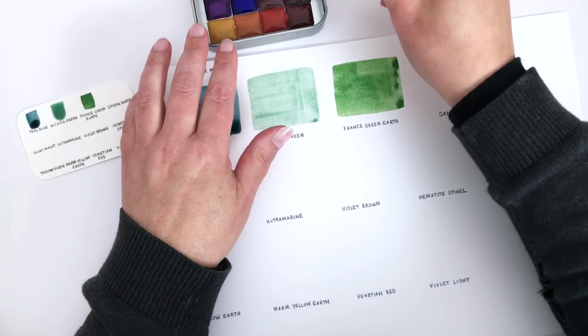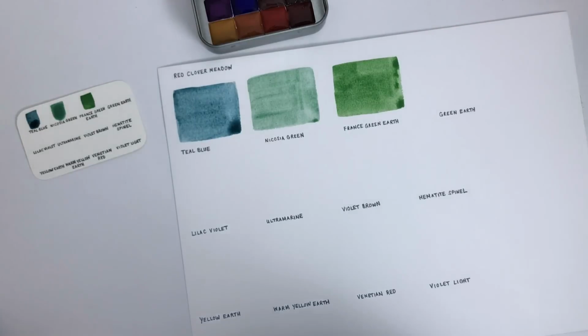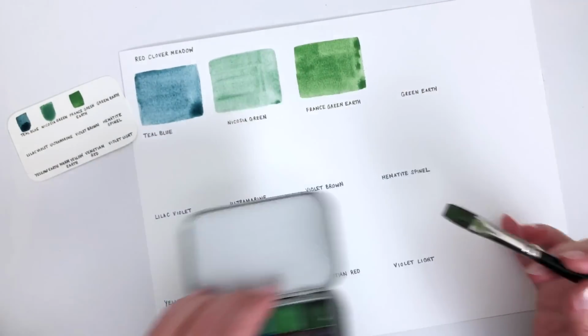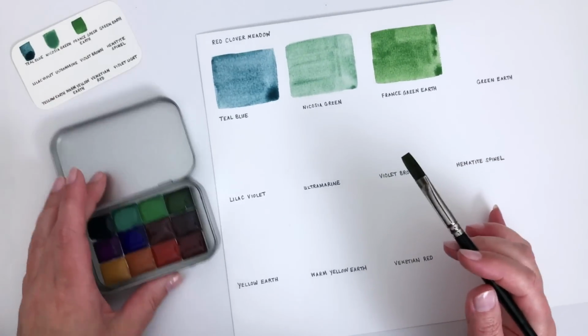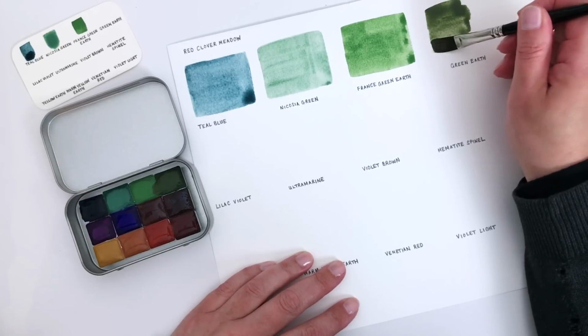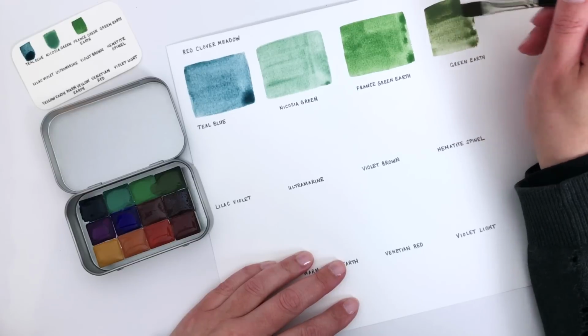So the fourth one is Green Earth. Oh, is that on camera? Not really, is it? Let's bring it over here. Where shall I put it? Here. Maybe I'll put it here. Oh, this is a really lovely mossy, dark,